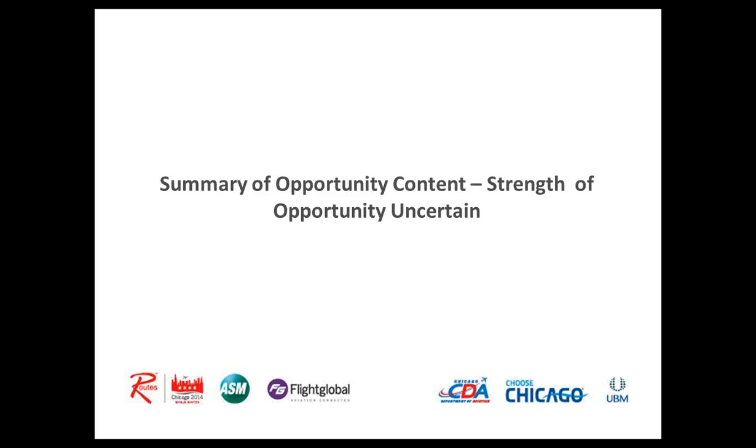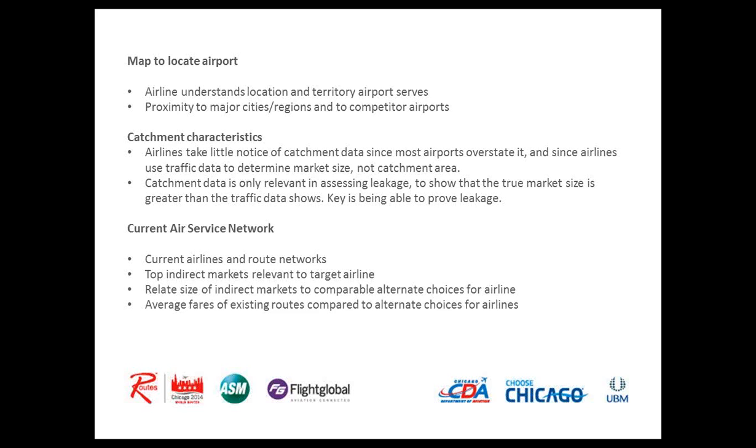As I mentioned, there are going to be times you may not be able to produce a forecast, either because you can't run the whole case or it's a market for which there's not a lot of reliable data. In this case, the focus needs to be on more general information. For example, a map just to show where the airport is, especially if it's a lesser known market to the airline you're meeting with, and what the proximity is to major cities and regions